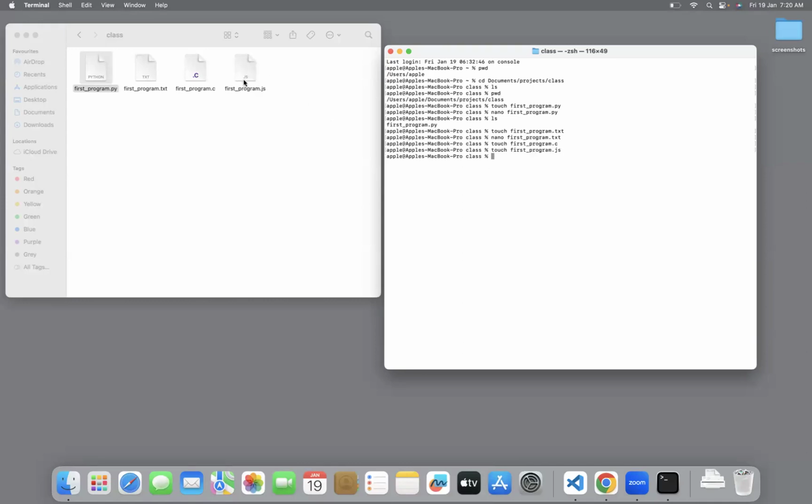If you want to create a Kotlin file, for example, .kt, that's a Kotlin file. So every programming language, you have to save your source code with an extension of its own: .py, .c, .js. If it is a simple text file, you can just save it as .txt.